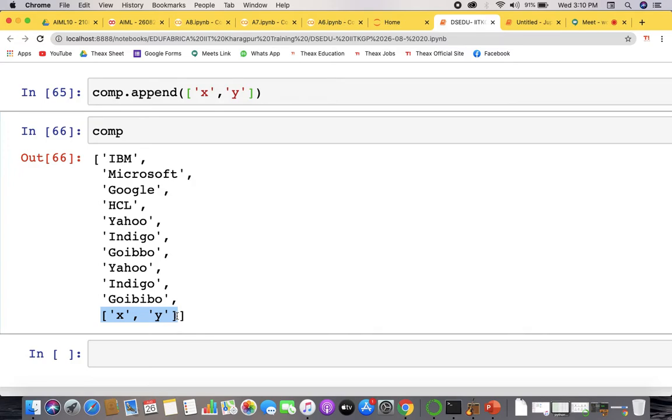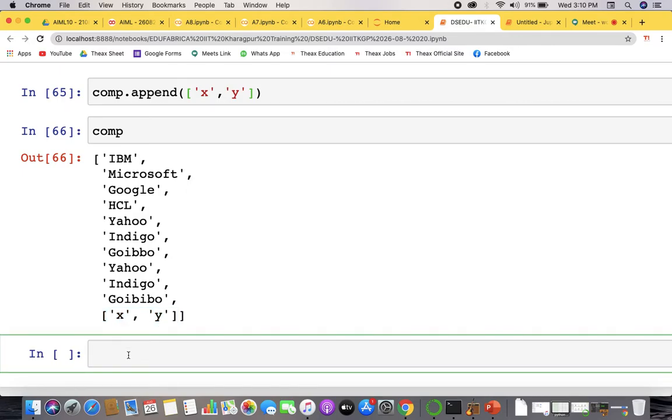Got it? Okay, sir. So when you want a single element to be added, use append. For multiple elements, always use extend. And when you want to add values not at the last position, let's say in some particular index position, like you want this x y to be added in the first position apart from the last, you can use